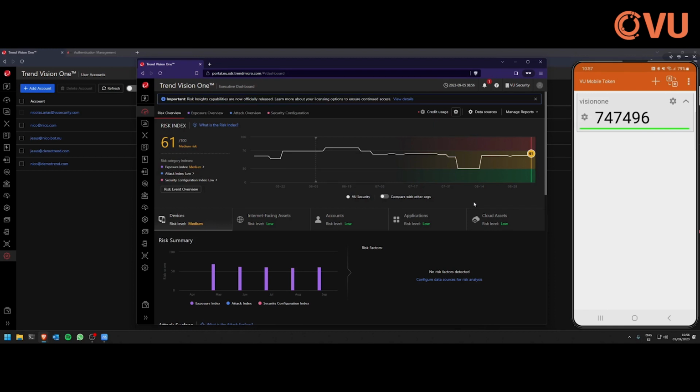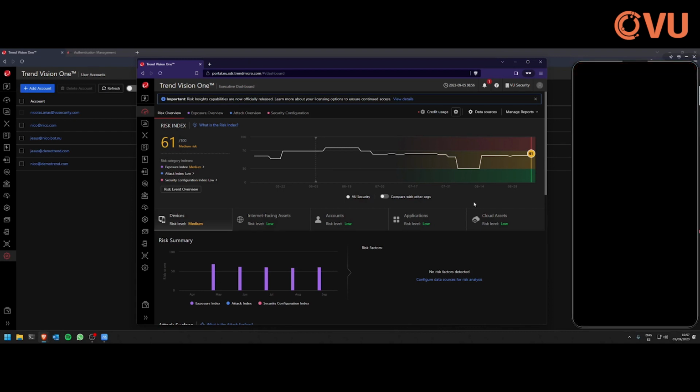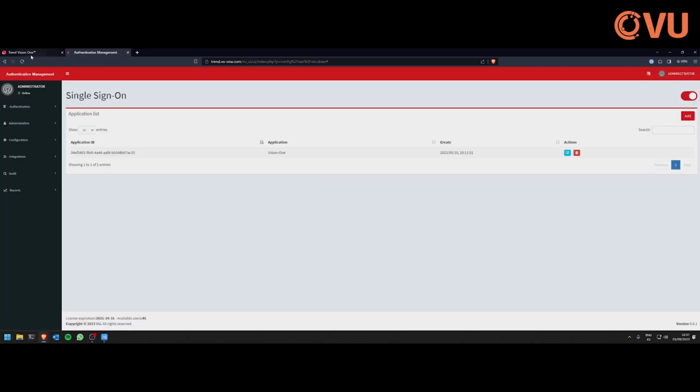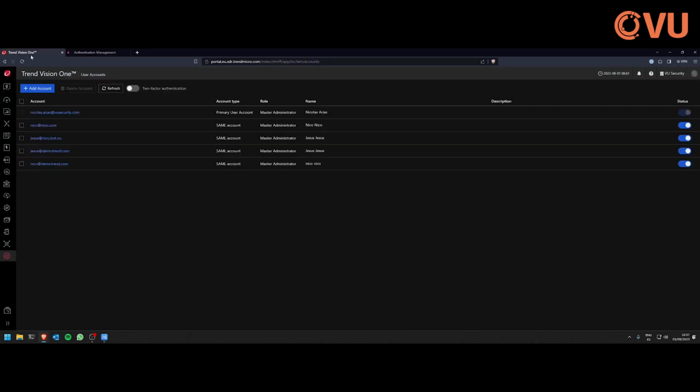By doing this integration, your organization will be in a better shape to do centralized user management. So we can integrate authentication management into Active Directory, for example. You can just delegate the login into Trend Vision One to us, to Views Authentication Management, and then great things